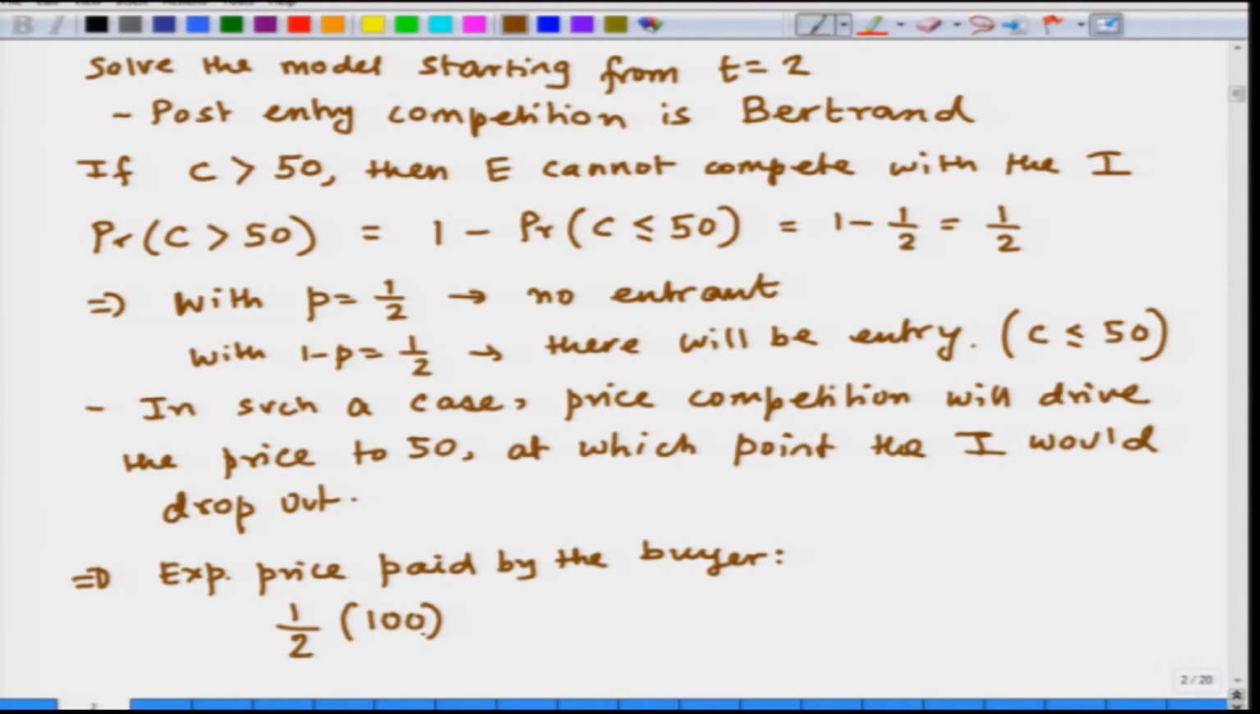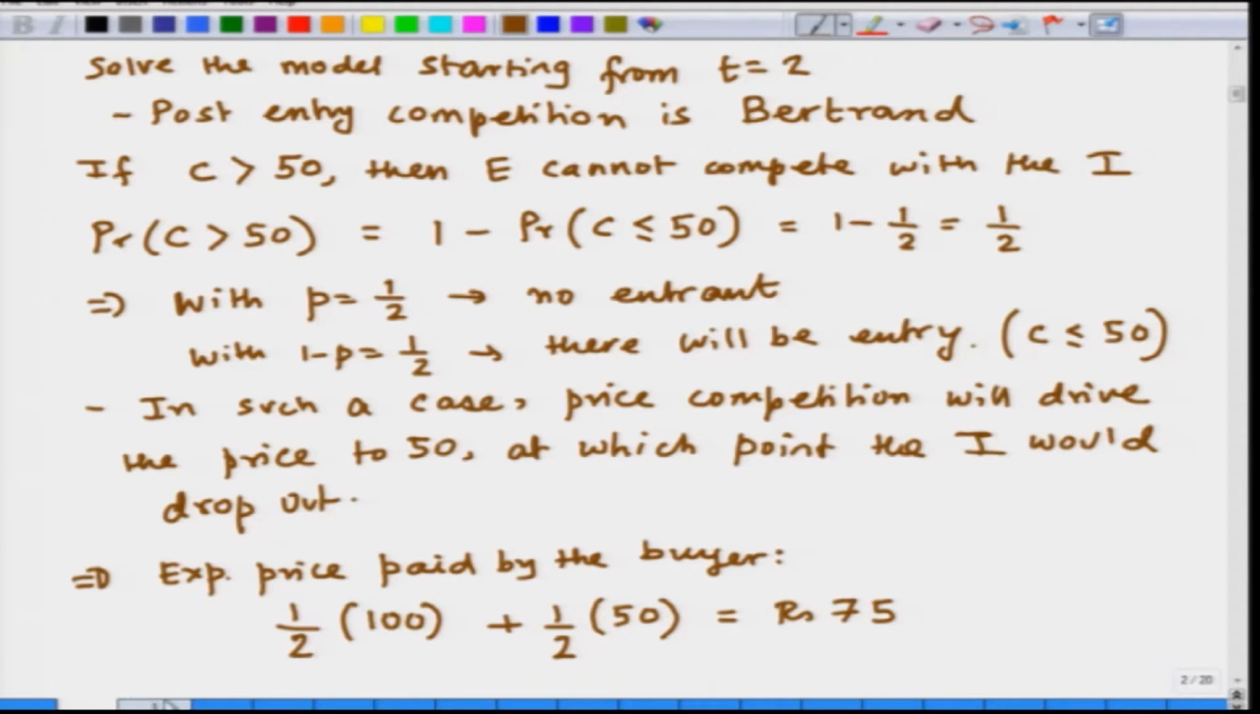So, this is the case where there is no entry, and with the other probability of 1/2, the entrant will enter, charge a price of 50, the incumbent will drop out, and the buyer will end up paying 50. So, essentially this means 50 plus 25. So, this is rupees 75. So, the expected price paid by the buyer to buy 1 unit of the product is going to be rupees